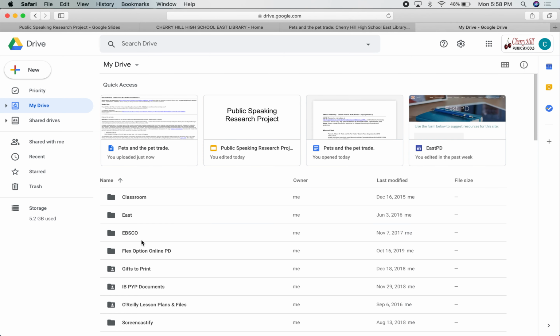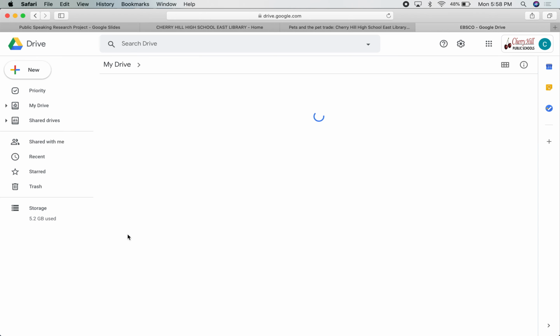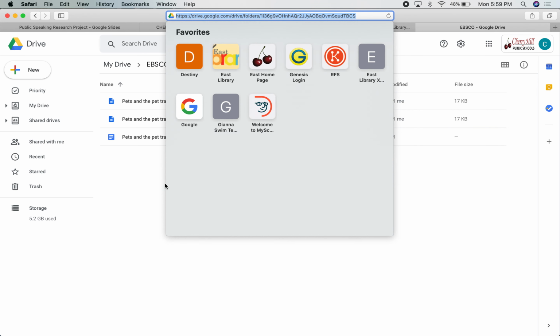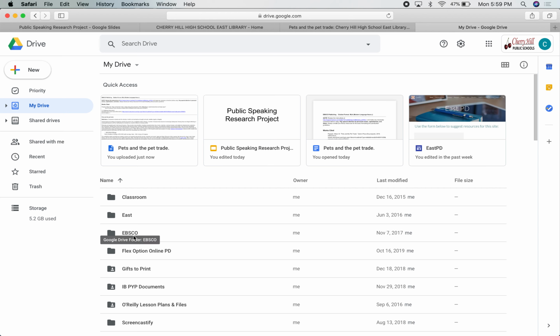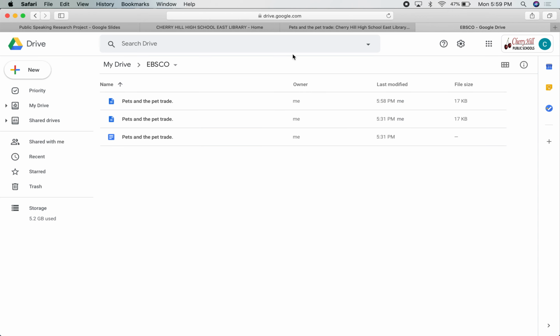I have a folder in my drive that's named EBSCO. And when I open that up, after it loads, you'll see that the pet article I was looking at gets added here into my drive. Hopefully. Oh, and it's there a couple of times because I was playing around with this a little bit earlier too. So that is how information will get saved into the EBSCO folder in your Google Drive once you grant it